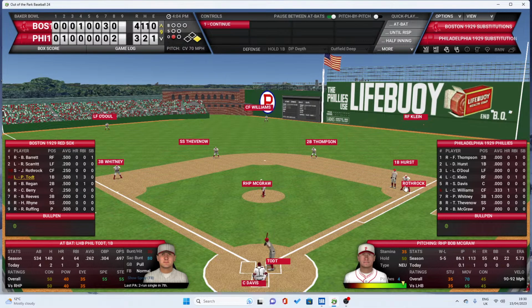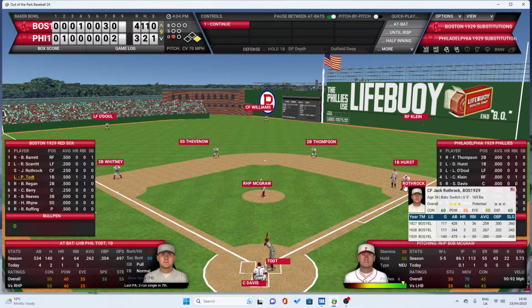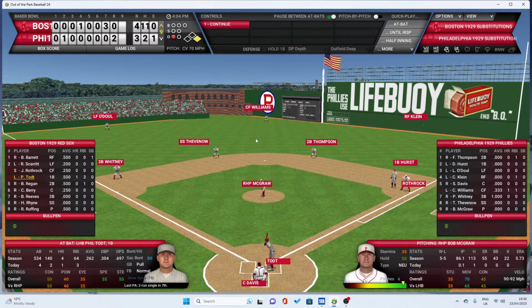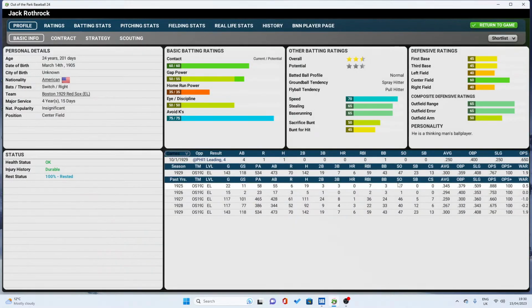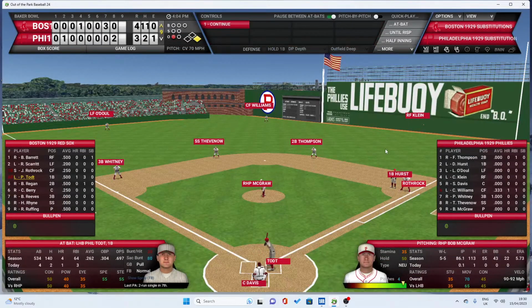So Rothrock at first. One thing it doesn't show as easily is, like, I'm holding a Rothrock, I want to see what he's done today. It doesn't show that as easily as, say, Action. But that's a minor thing. I can go to the box score or game log probably to pick it up. Anyway, here's Phil Todd, another